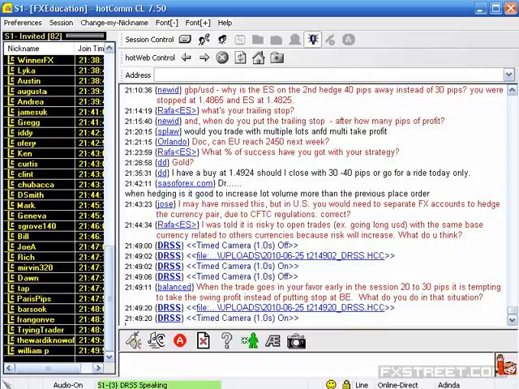Would you trade with multiple lots? No, I take only one lot at a time. I don't trade multiple lots because that will lead to overtrading. I know very well, I might be wise, I may be thinking that I am an expert. But if the market goes against me, then I will be looking for crisis management if you hold multiple positions,